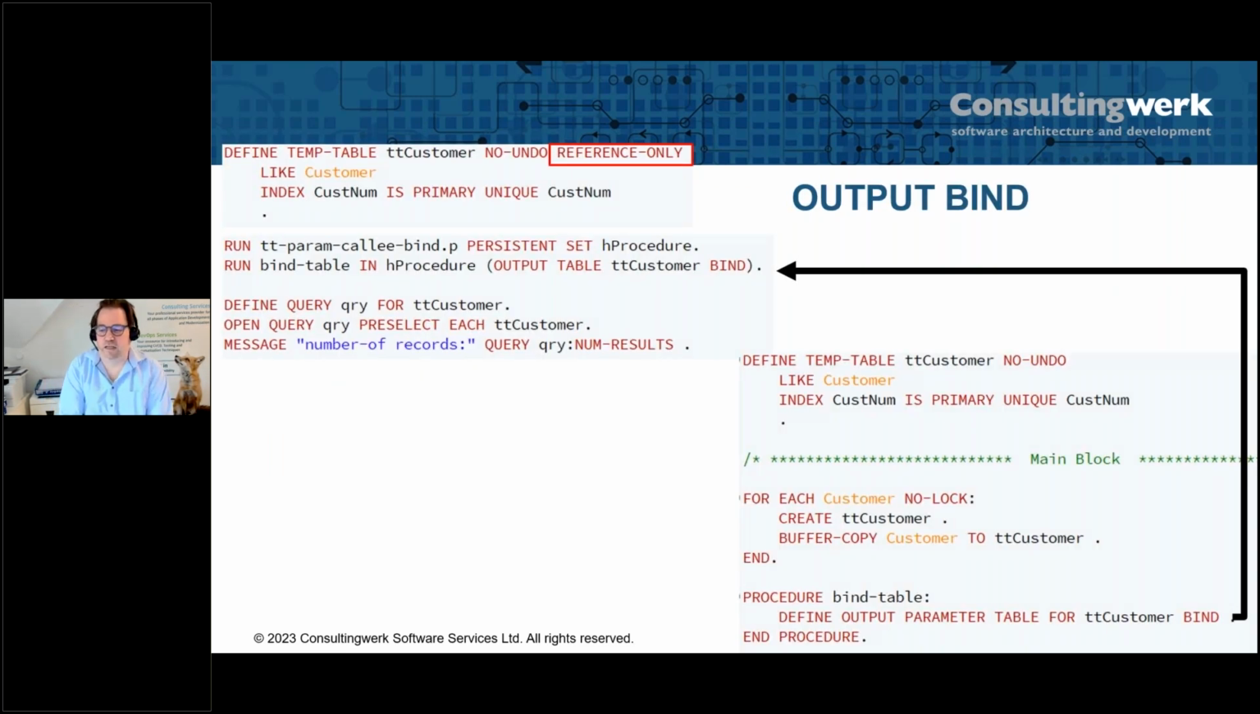So, one example of how we can use bind. On the left-hand side, I have the program that calls the program on the right-hand side. The program on the left-hand side defines its own TT customer reference-only, so it cannot use it. It then starts the callee